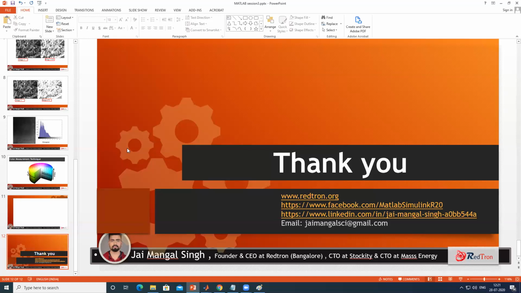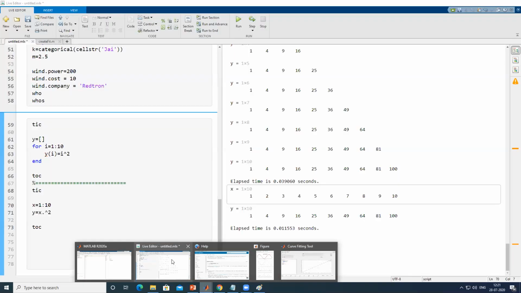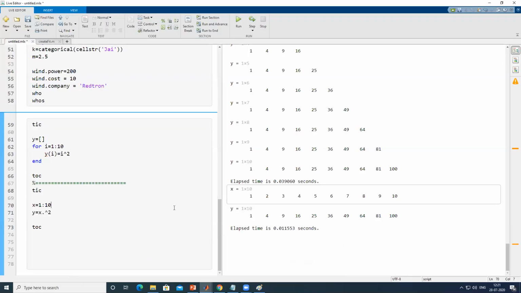The good thing in MATLAB is that if you don't have a feature, then MATLAB allows you to create that feature on your own and save it as a function which you can later use. So this is a very good thing. And it already has more than 75,000 functions, which help us accelerate our work and complete our tasks in a much faster manner compared to other tools.